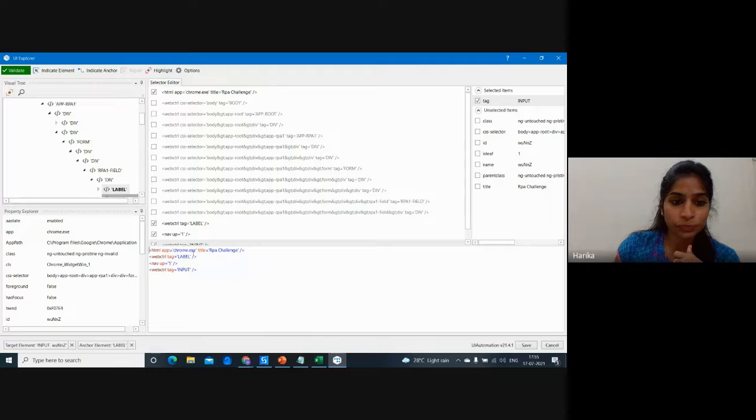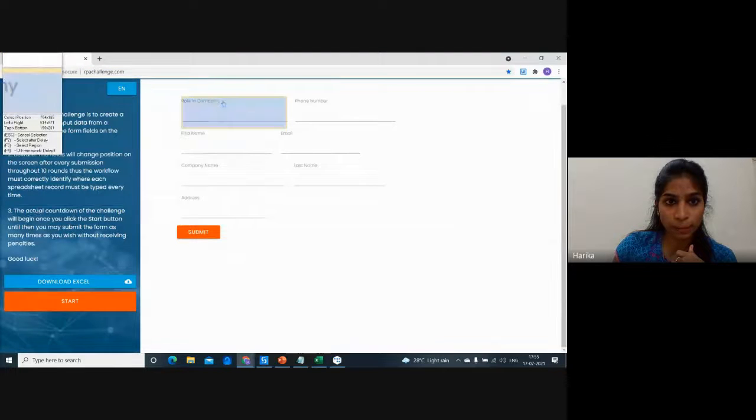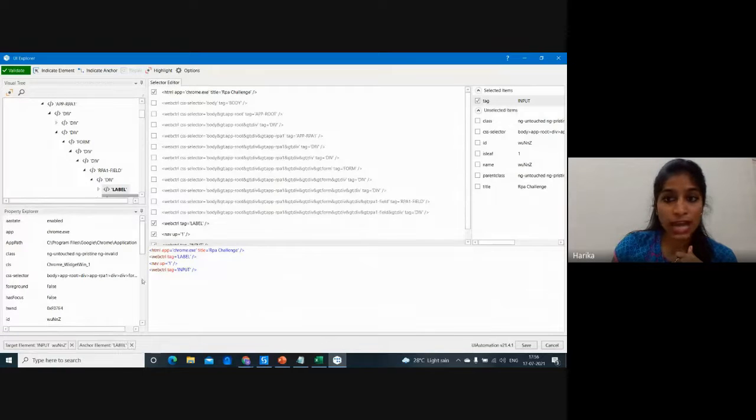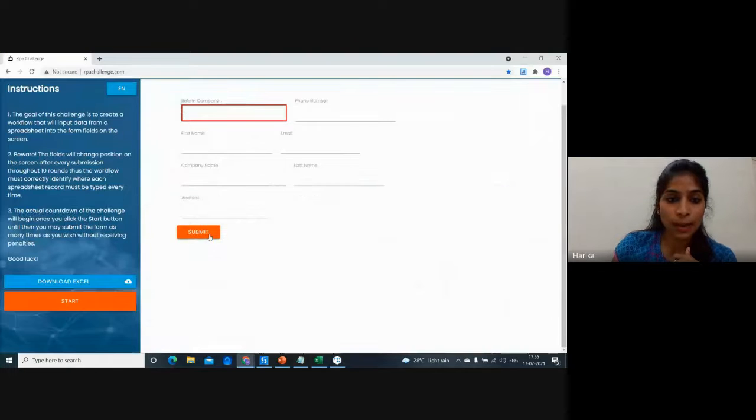So let's say this is my label, and you can observe here, I'm just highlighting this particular input. Okay, let me just take the anchor one more time, because anchor has to provide you the value of that particular input as well. So if you just observe here, it has highlighted the role in company, but then I just say submit. If you see, it has taken over here, right? So that is not my requirement. It has to go to role in company, correct?